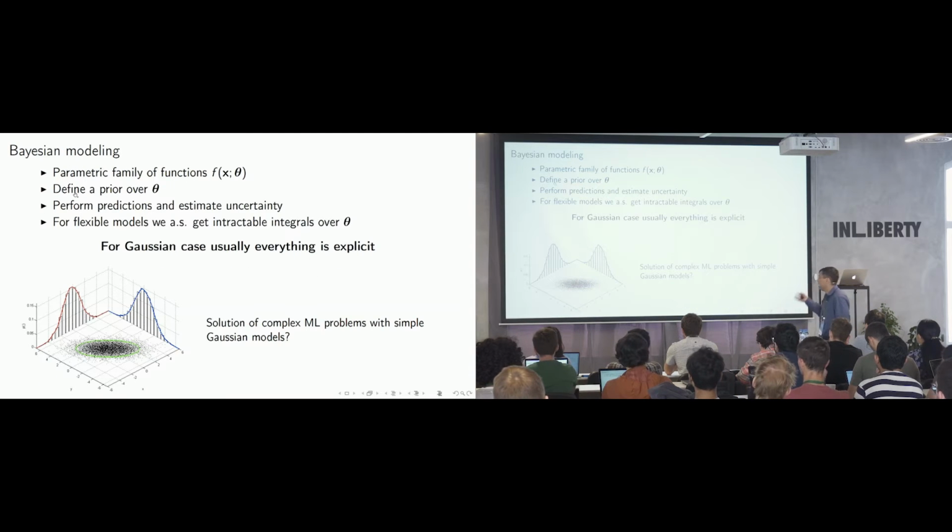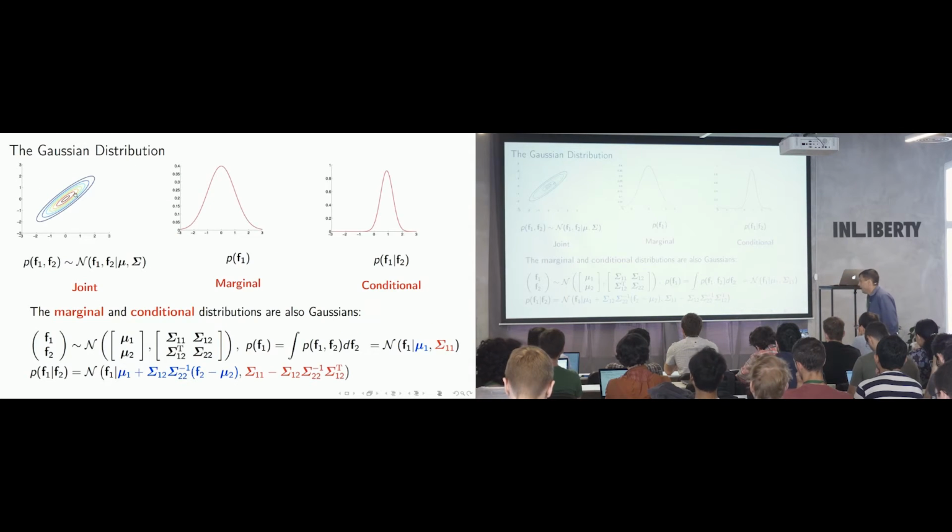And so the question is, the Gaussian model is very simple. Is it really possible to use such a simple distribution and at the same time to model some complex phenomena and construct meaningful, flexible, accurate predictive models? Actually,